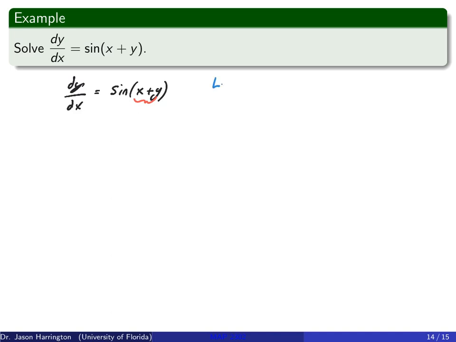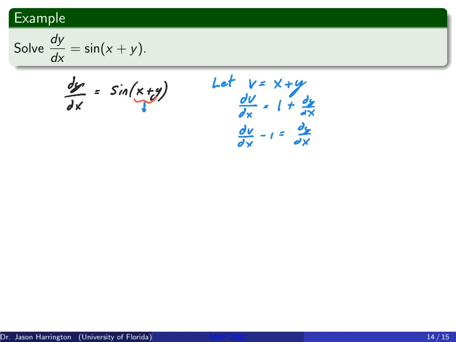So here's what you're going to do. You're going to say, let's let, and in this case, I'll just call it v, just because I'm not really good with coming up with names, v is equal to x plus y. Then my dv, and again I'm taking the derivative with respect to x to all sides, it's just going to be 1 plus dy over dx. So then I put the 1 over on the left, and I get dv over dx minus 1 is equal to dy over dx. So now I got to make all my substitutions.